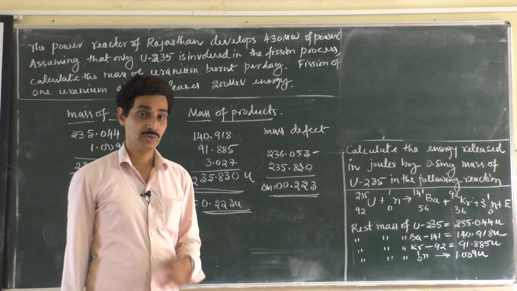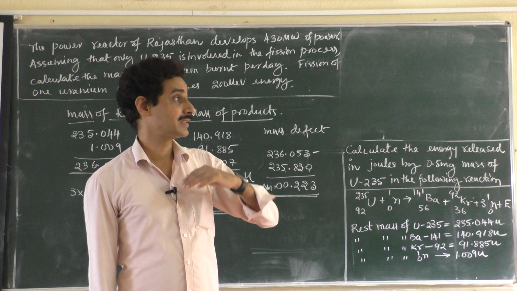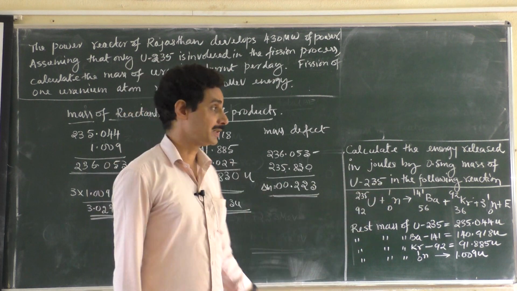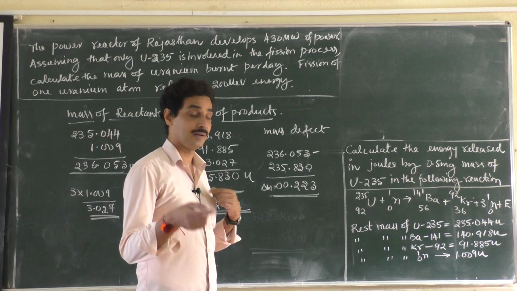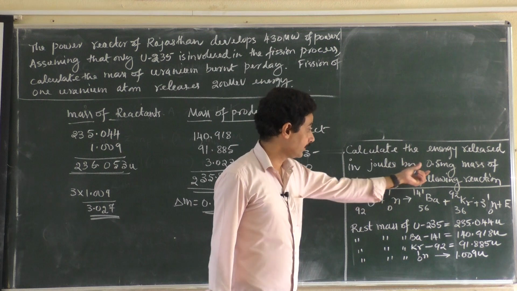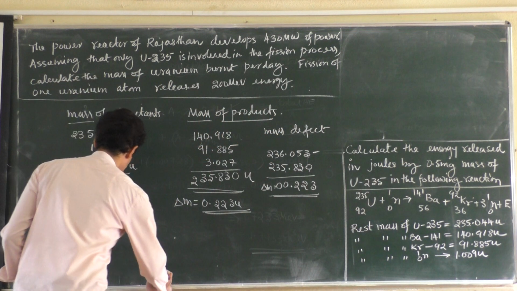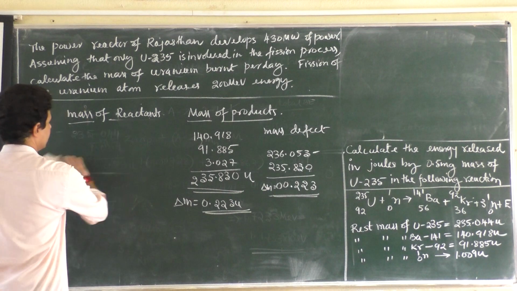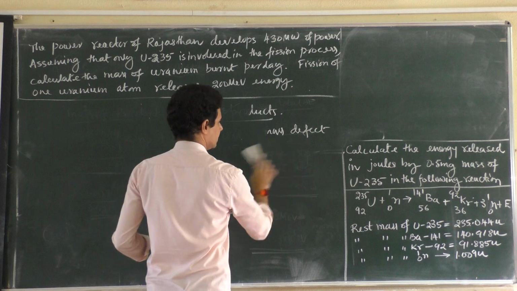What is the energy release? You know, 1 atomic mass unit yields how much energy? 931.5. How much will this one yield? So for that we will see how many fissions will occur. How to calculate how many fissions will occur? Because you have taken 0.5 milligram of uranium. I will have to rub some part of the problem here because I need space. I can rub this one. Hope you have followed this one also.